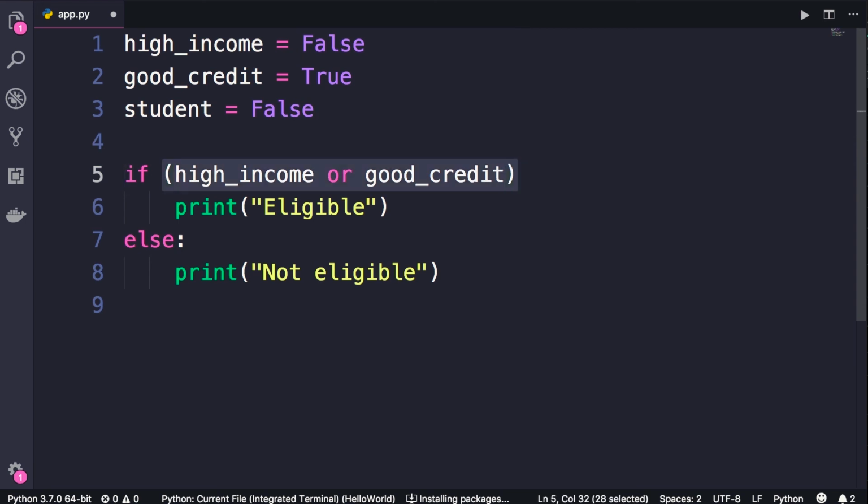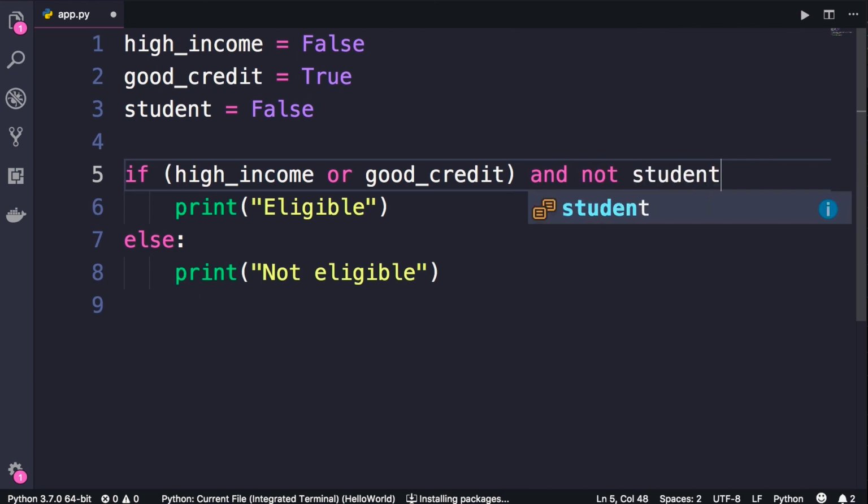Now, the result of this should be true, which means at least one of these conditions should be true. After that, we'll add and not student. And finally, colon. So with